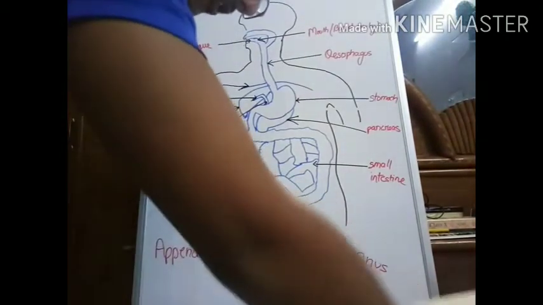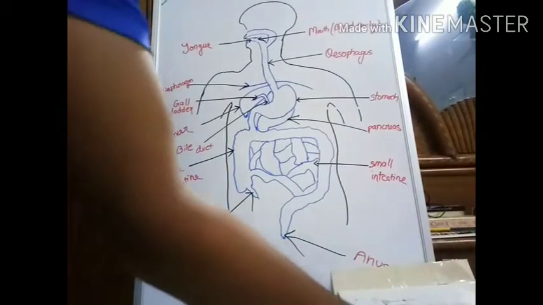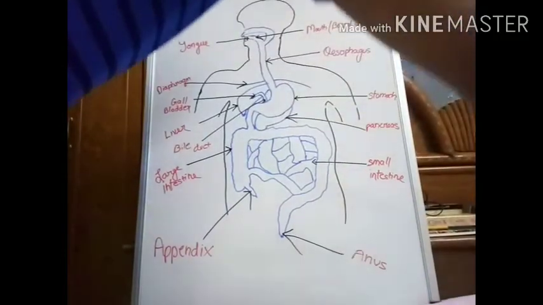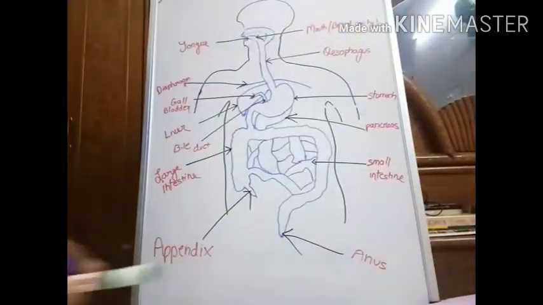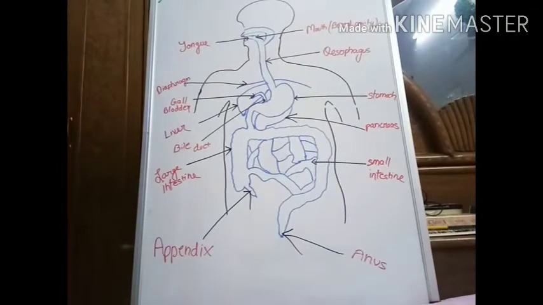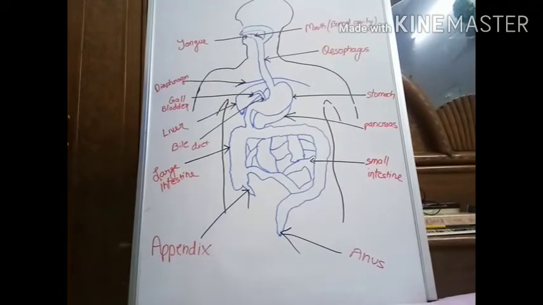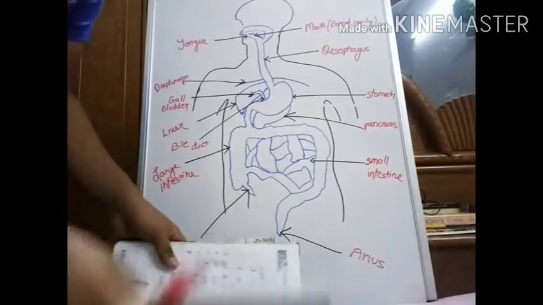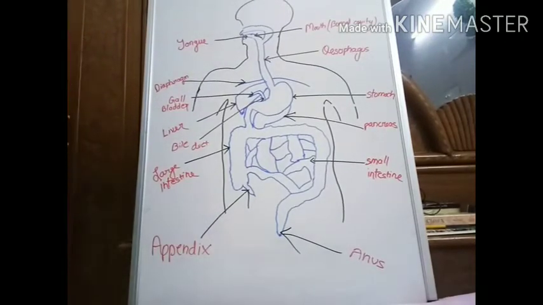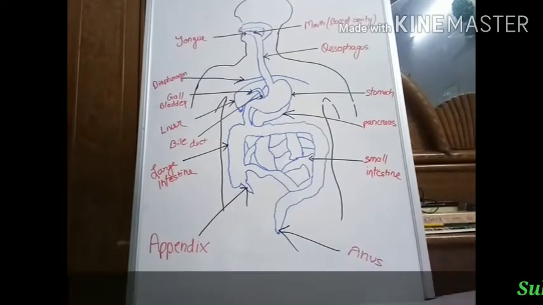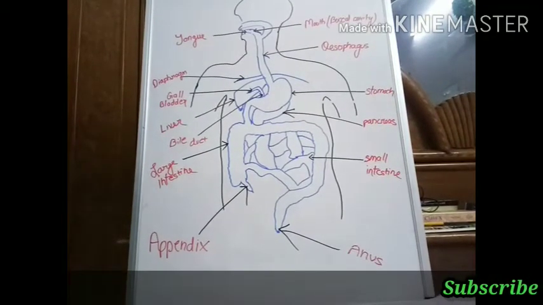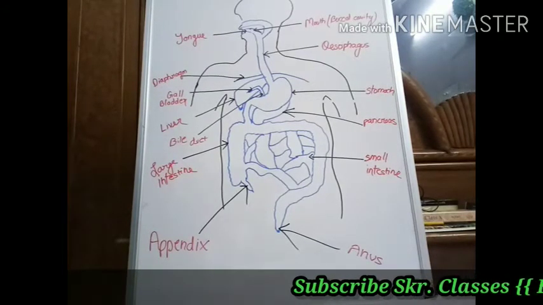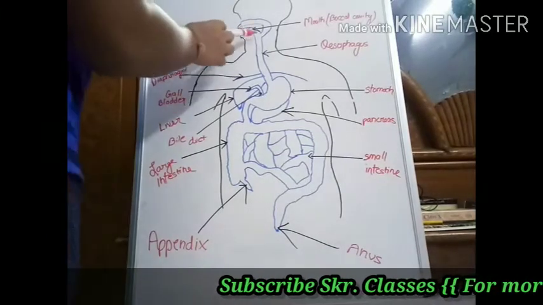You first take in the food through your mouth, and it goes inside the buccal cavity. When you put it inside the buccal cavity, the secretions there, the saliva and all, start their work and convert the food into a bolus. Bolus in Hindi, we can call it kaur. They convert the food into a bolus, and then the food is easily passed into the oesophagus.